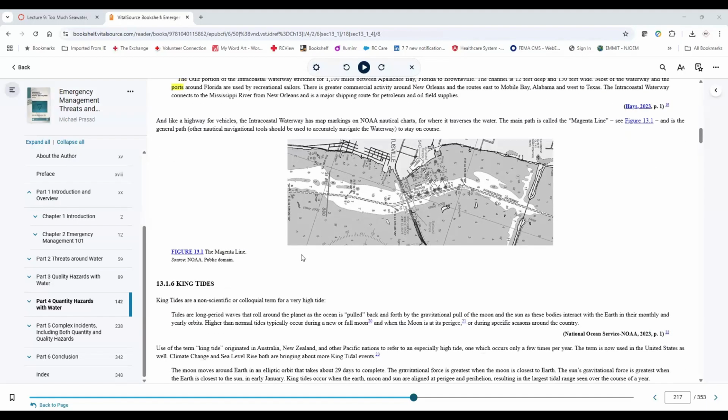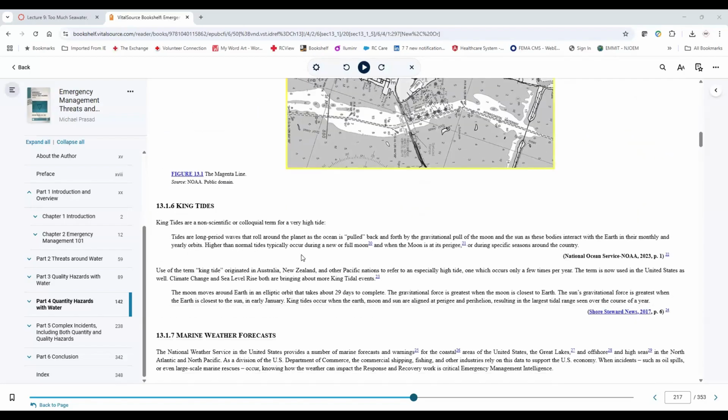So next up on the alphabetics, after H, I, J, K, king tides. So this is a non-scientific term, but it is higher than normal tides. It is not a term uniquely found in the United States. As I noted in the chapter here, Australia, New Zealand, other Pacifics were the ones who originated it. And then here's the definitions and where it comes from.